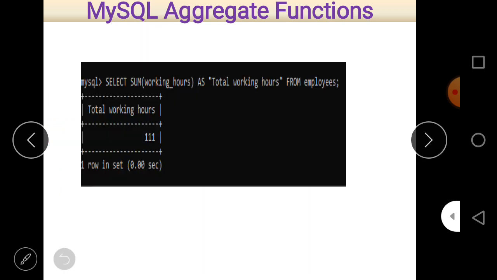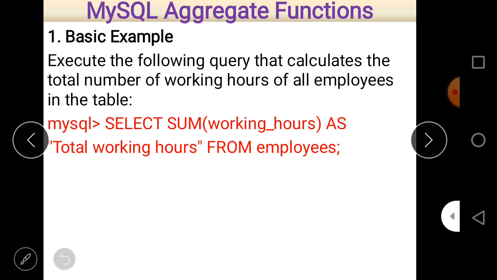And you can easily see the total number of working hours is 111. So this is the simplest, or we can say basic, example of the sum function. Whenever you want to calculate the total or addition of a particular column, then you can use the sum function.